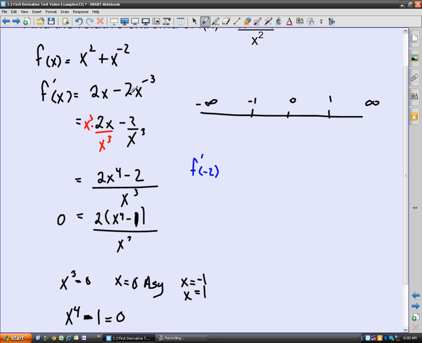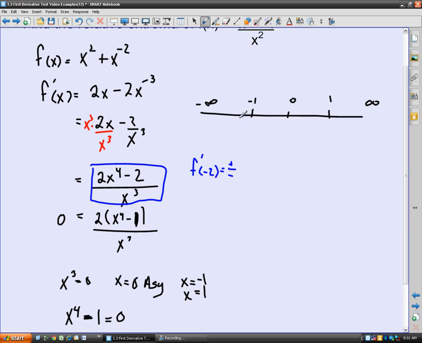If I put negative 2 in, I get a positive number here, and the top is going to end up being positive when I simplify it. And on the bottom, if I put negative 2 in, it's going to be negative. So between these, we are negative, and so we are decreasing between negative infinity and negative